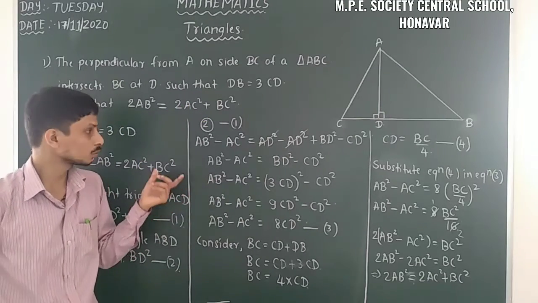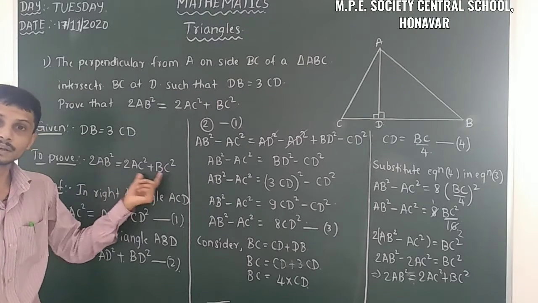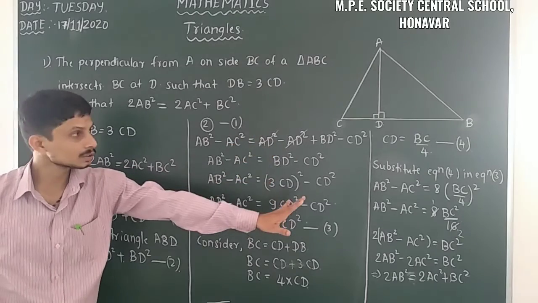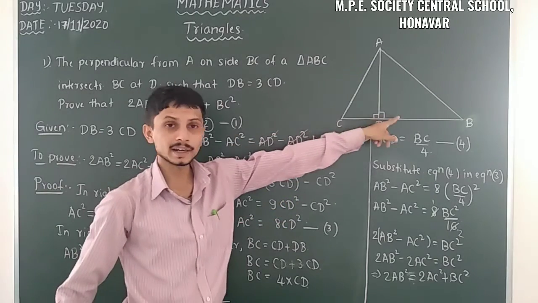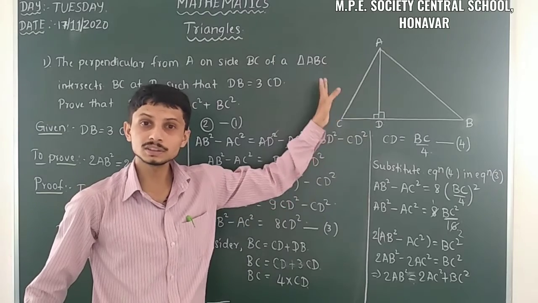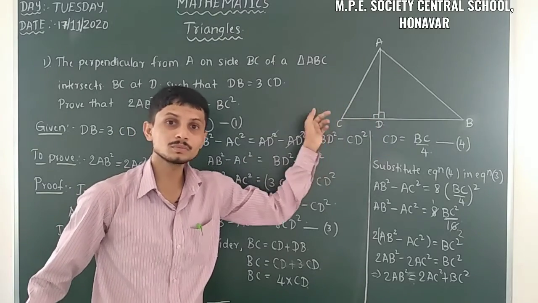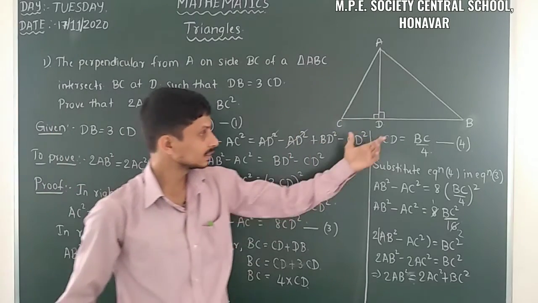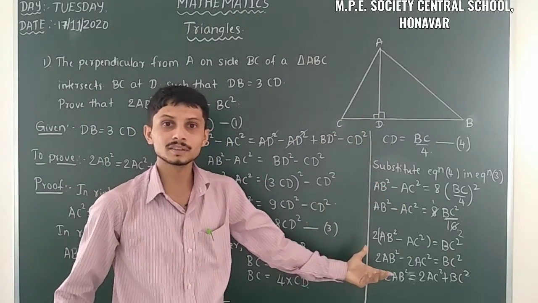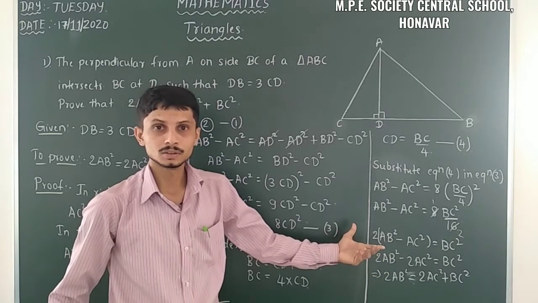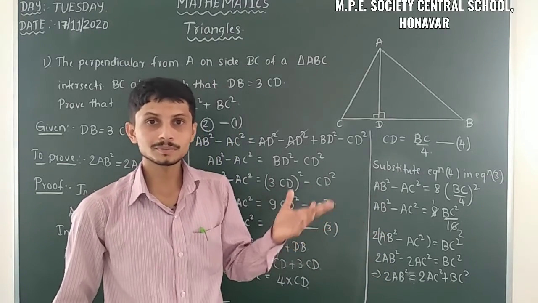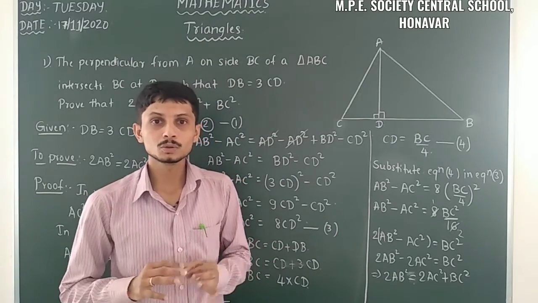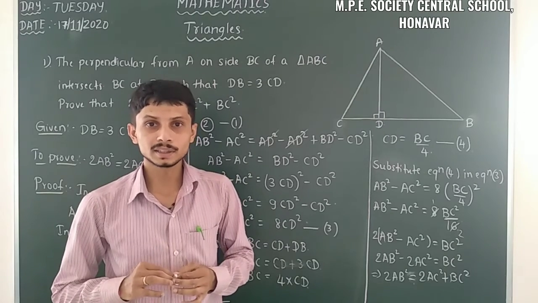So how can we solve this one? Just observe that the terms are in the form of AB square, AC square and BC square. That's why we have to take the Pythagoras theorem here. We have two right angle triangles, so we apply the Pythagoras theorem in both the right angle triangles. After that we simplify and make some modifications, and then we have the required result. We have some more problems based on the same problem, for which you have to take similar steps.